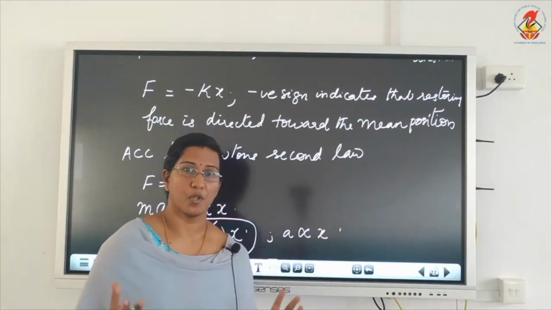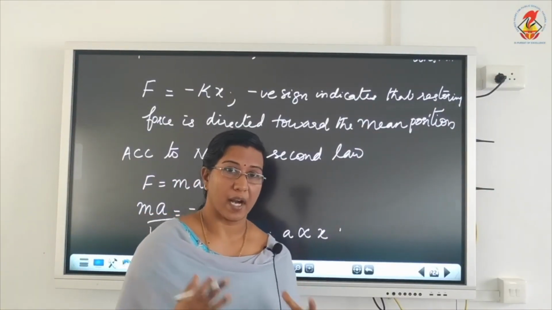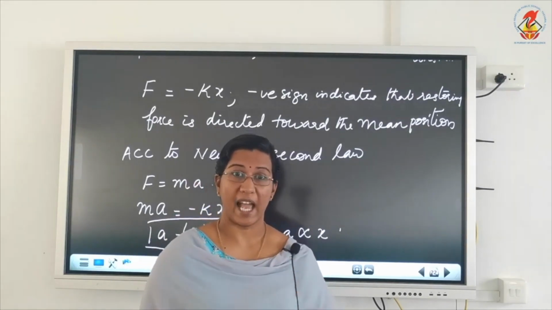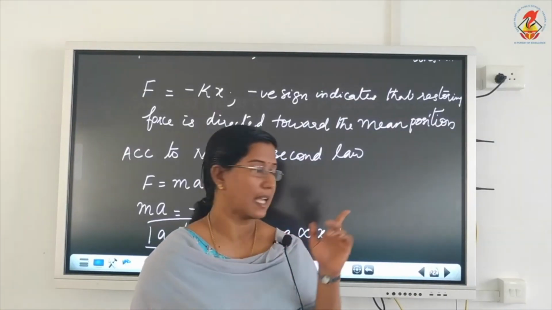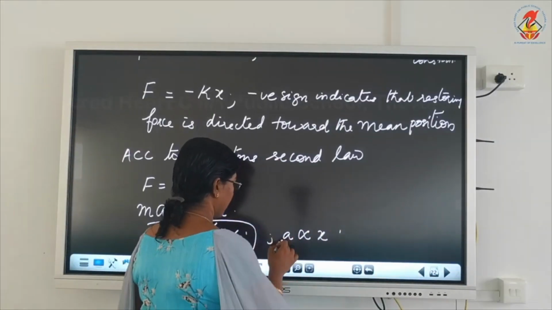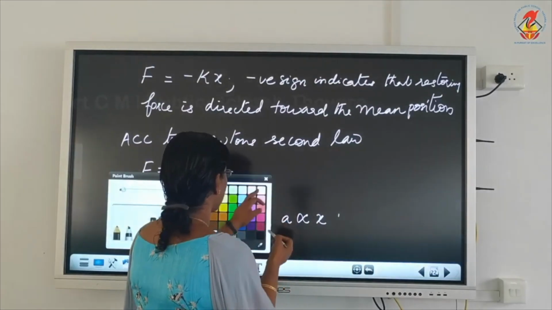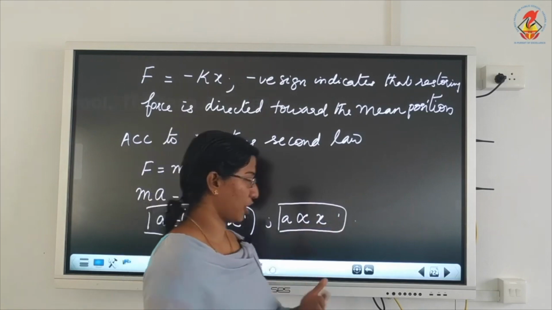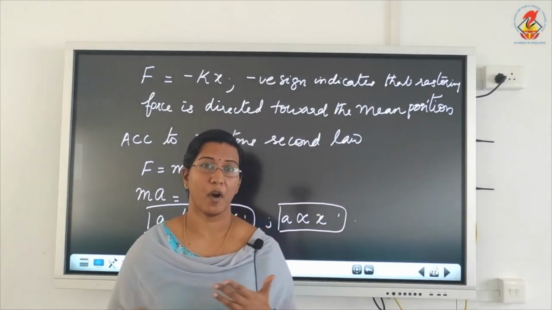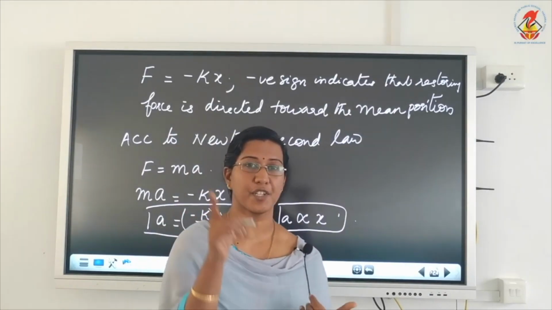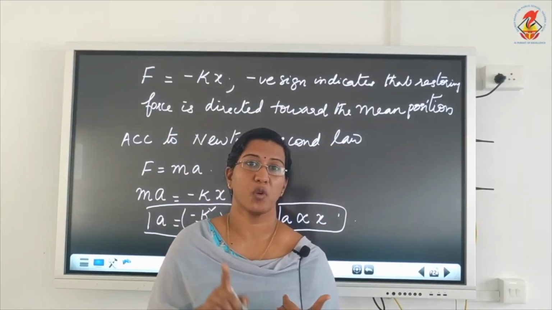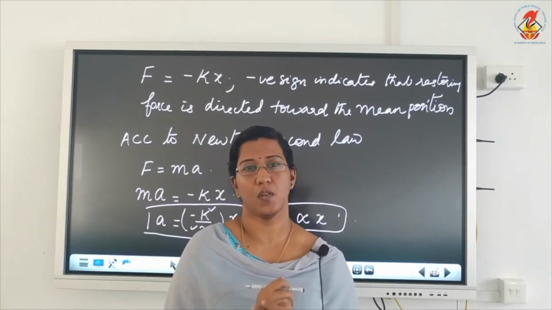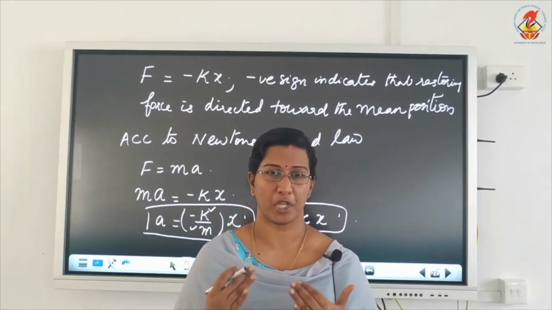Simple harmonic motion can be defined as follows: motion of a particle is said to be in SHM if it is in to and fro motion and the acceleration of the particle is directly proportional to displacement. This definition also you can use. Instead of restoring force, you can define SHM in terms of acceleration. A particle is said to be in SHM if it moves to and fro about its mean position and if the acceleration of the particle is directly proportional to the displacement, which is directed towards the mean position. This is also a definition for SHM.